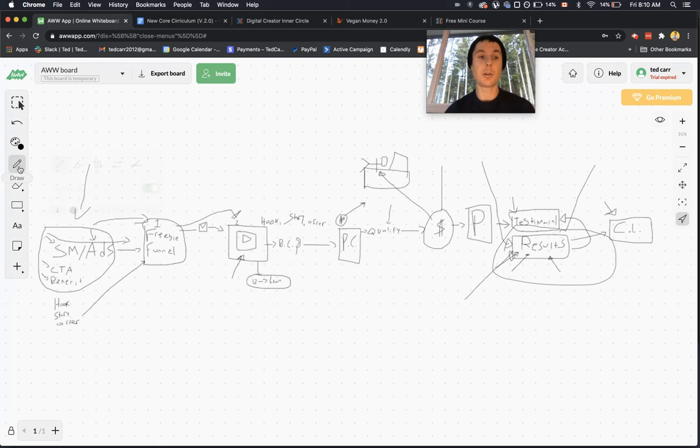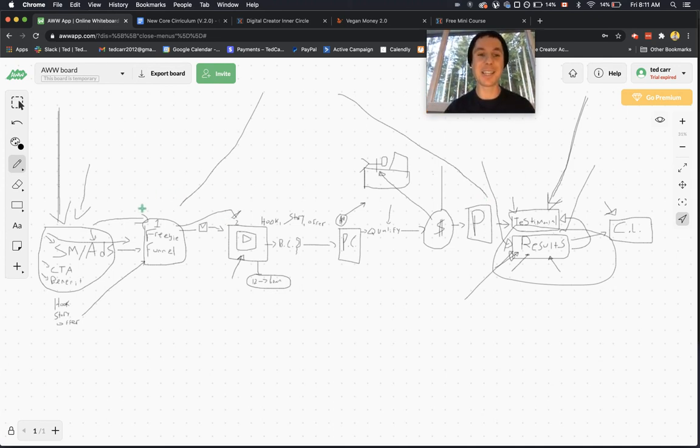All the eyeballs and all the people with money are on social media, and the only thing they want are results. Specifically like weight loss, better relationship, more muscles, more money, better lifestyle, more freedom, right? They want to feel healthier, more vibrant, happier. So everyone's on social media and everybody wants results. So we just have to be the middleman and set everything up for them.